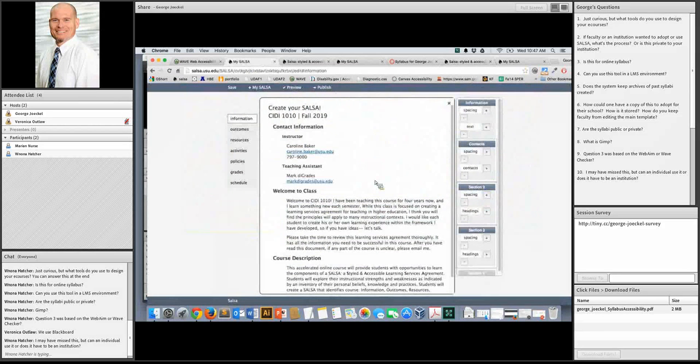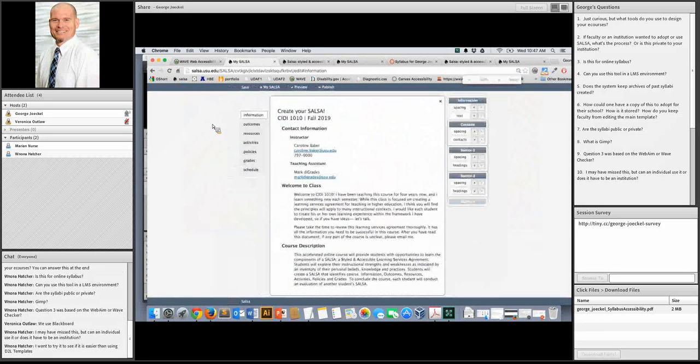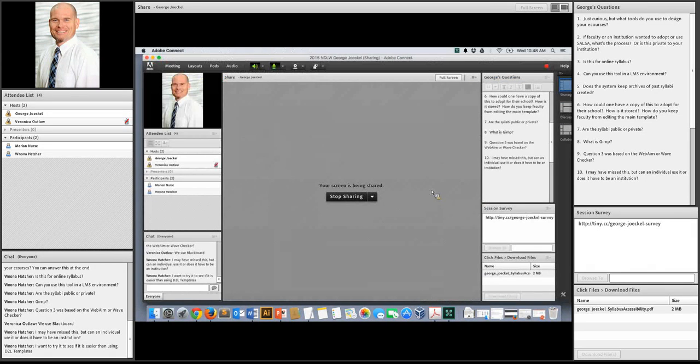But absolutely, what we're trying to do is really take away all the barriers to entry in making the syllabi in higher education accessible, because there's nothing to sign up for. I think it's pretty safe to say, based upon a lot of user feedback, that it's easier to use than Microsoft Word. Once you've put it in there, it's very easy to make changes or update.